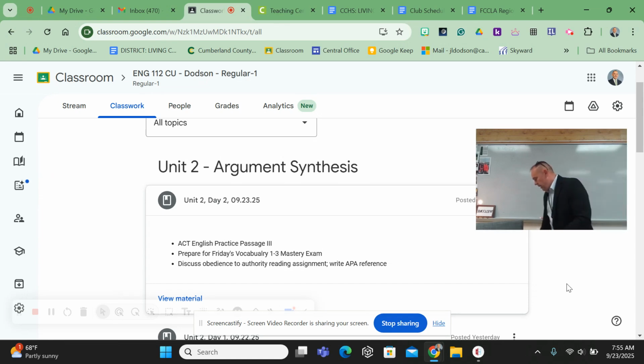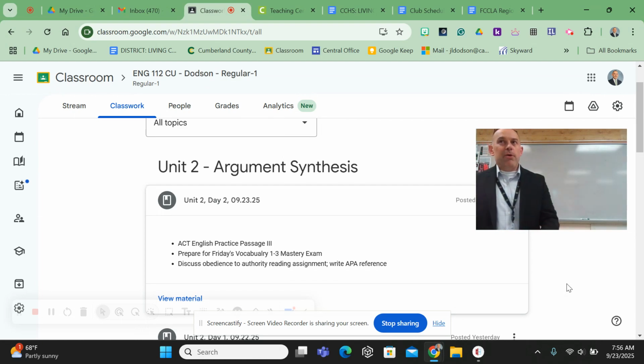What you had in the introductory part is the introduction to Chapter 9 in Writing and Reading Across the Curriculum. And it introduces you to this idea about obedience to authority. It's kind of hardwired into the human experience that we try to please people. We try to obey people, especially when that person is perceived as being an authority figure.